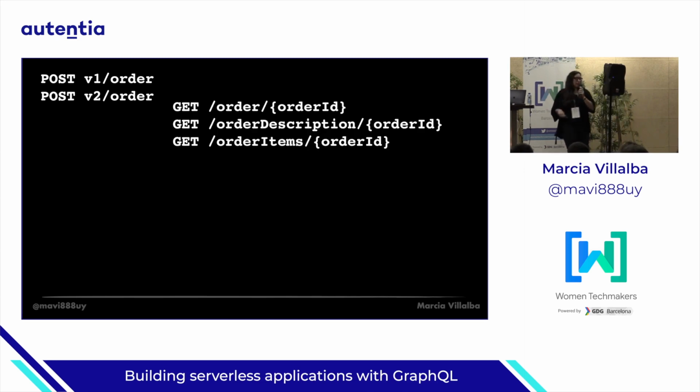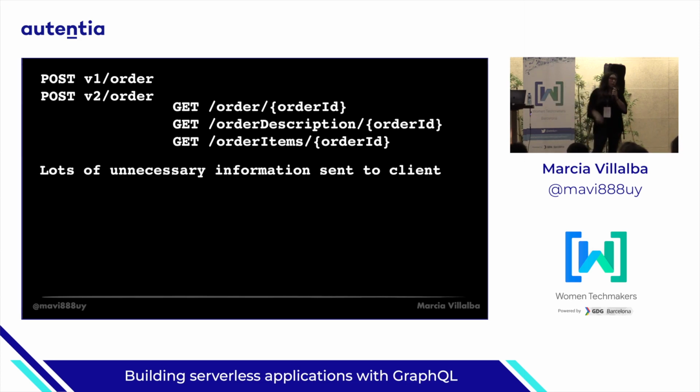Also, sometimes you are a creator of an API, and you don't want to share all the information with the world, so you create an endpoint for your internal application that shows all the order, for example, and then for some of your clients that only shows the description, so you create a new endpoint that shows the description, and then you create a new endpoint that shows the items for a different client, and then at the end of the day, you have 27 different kinds of similar endpoints, but not fully the same. And as a maintainer, that's a pain. And as a consumer, it's also very hard to know which one is the one that you need to use.